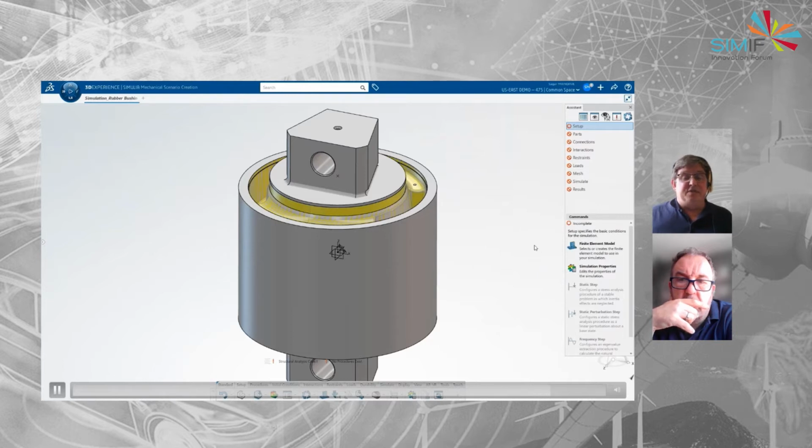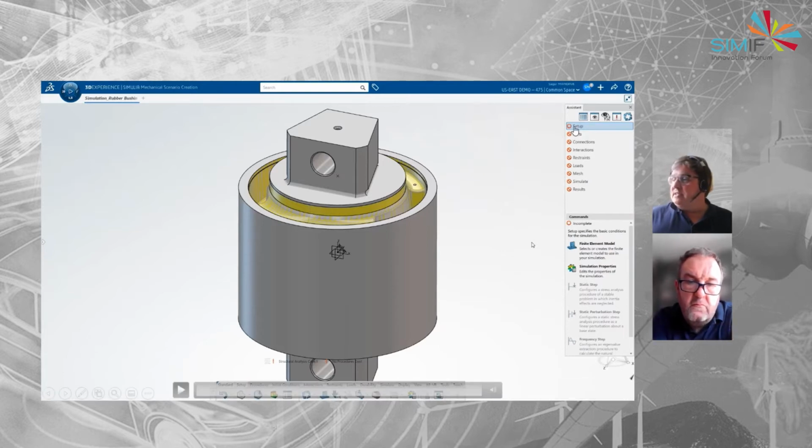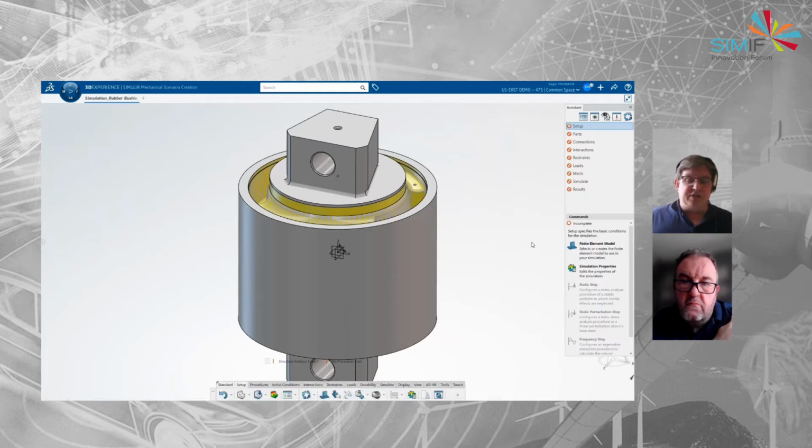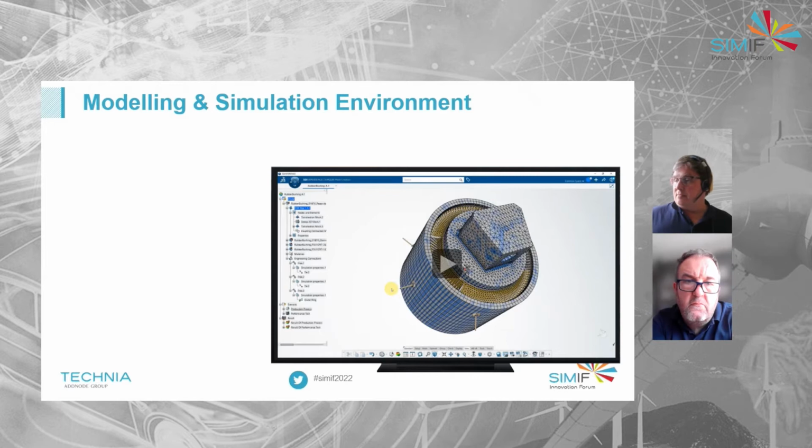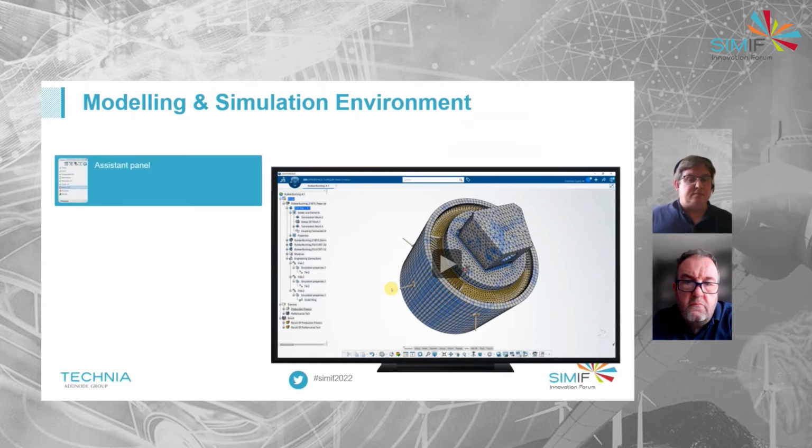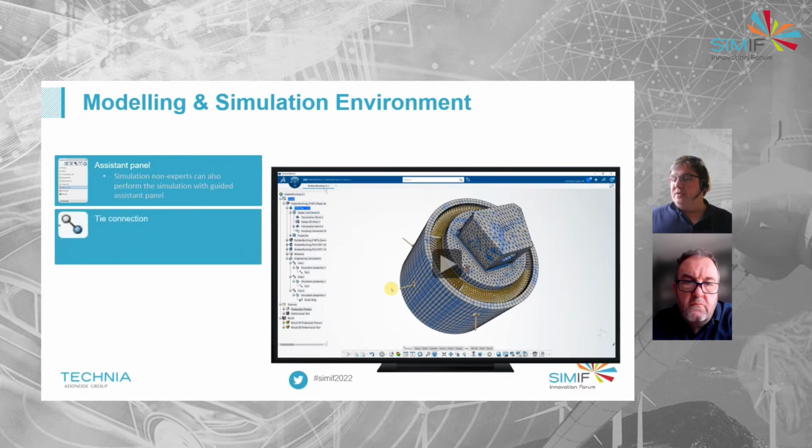And then the first thing that we've opened up here is the assistant. We've got lots of red circles, but this is a nice little guide to help us make sure that we tick all the boxes and get the right elements into our simulation. We could do all this manually, but the assistant just gives us those little nudges along the process to make sure that we assign all of the correct properties to this simulation. So we've got the simulation with assistant that we're going to be using for a lot of this, and that helps guide us through.